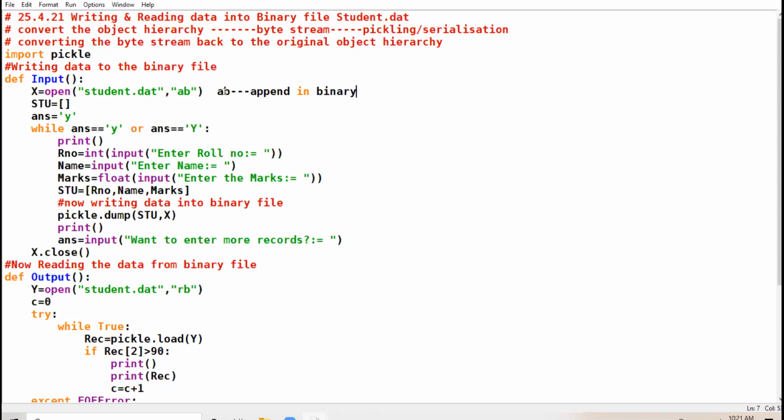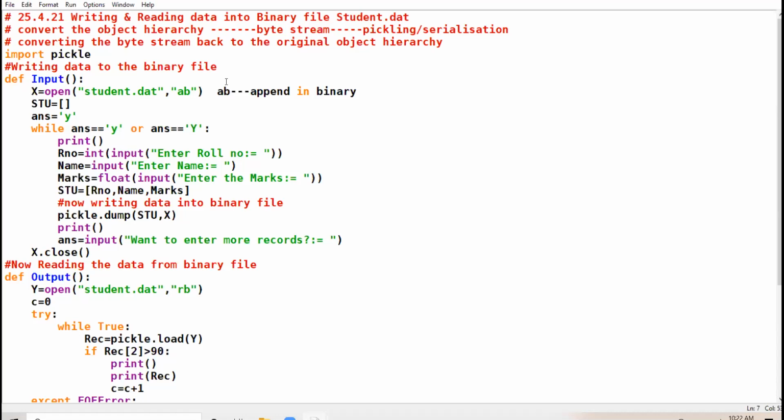The third record will be written after the first and second record. Am I clear with the meaning of append in binary and writing in binary? The difference is clear between two modes. 12th, is the difference in WB mode and AB mode clear to all of you?